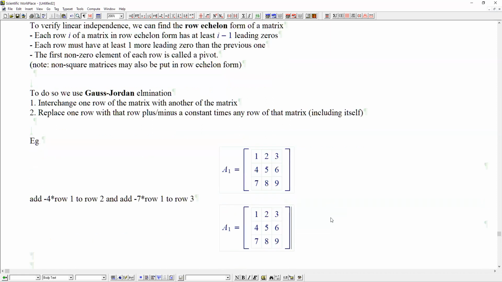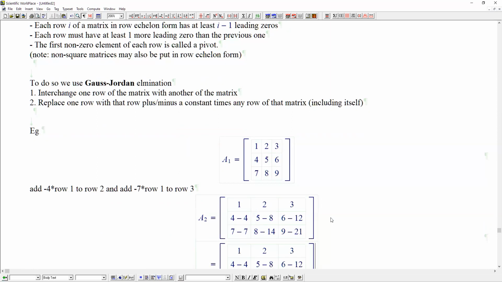So I'm going to get, note that it's a different matrix, so I'm just going to write it A2. So here it's -4, -8, -12. This is -7, -14, -21. So I get